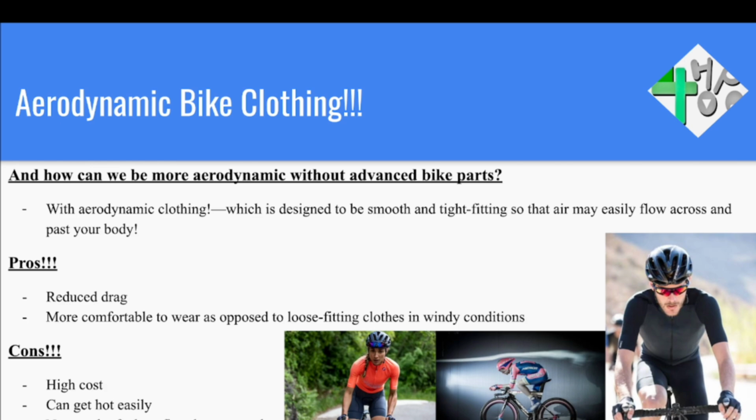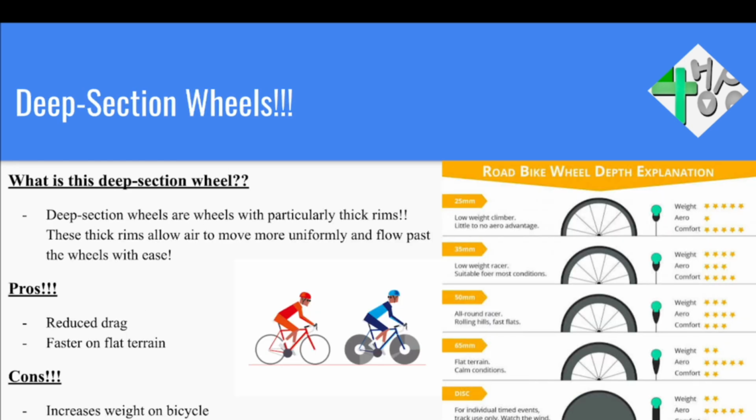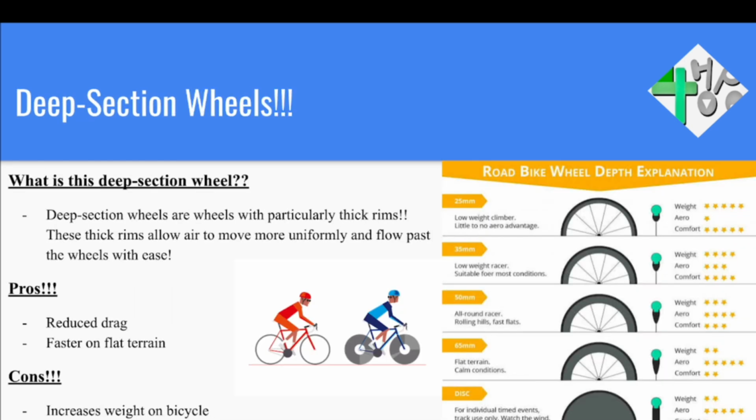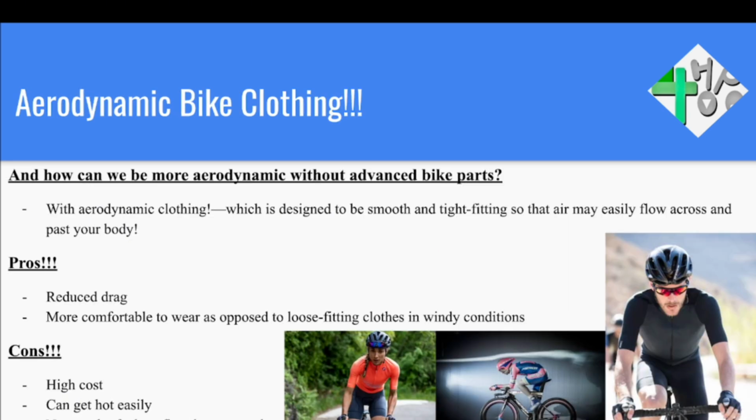So the main thing to consider with all these parts is that they have a tendency to reduce drag. If they're reducing drag, then you can endure bad air conditions, essentially. So yeah,